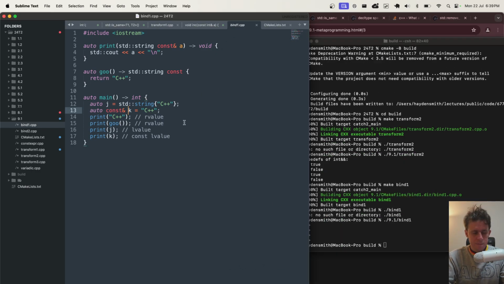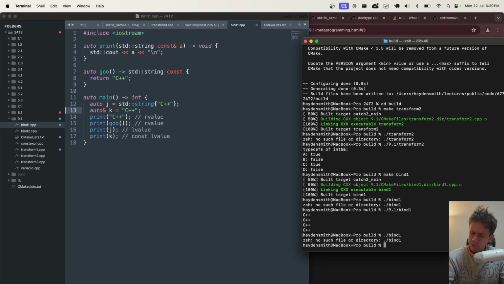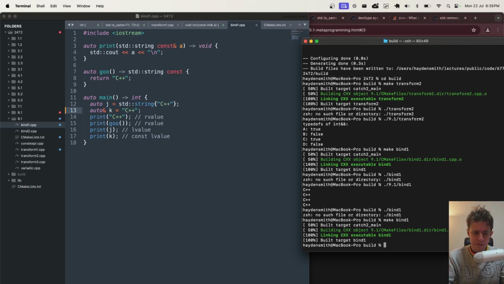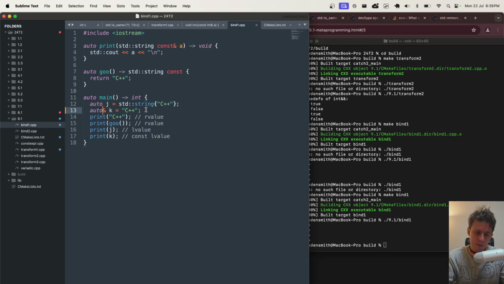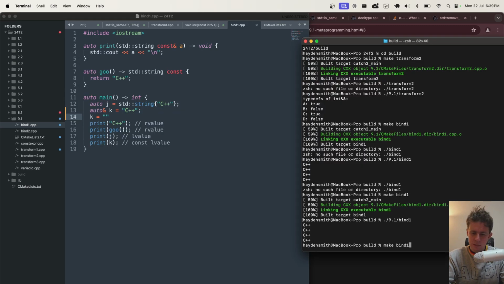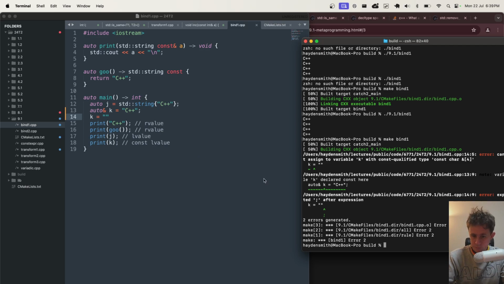What's interesting, of course, about C++ is I think if I just say auto reference that, it shouldn't work, unless I've got my head mixed up. This is where I'm a little confused: is that a reference to that? Because then in theory I can change it. How would I change that? Does that work? Cannot assign to variable K with const qualified type. Huh, I wonder if it just adds that const for you.